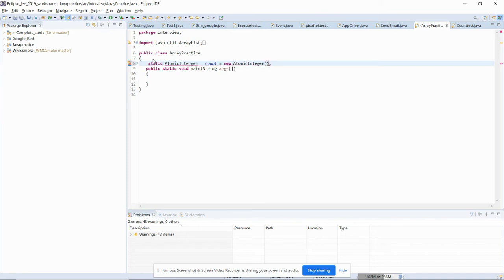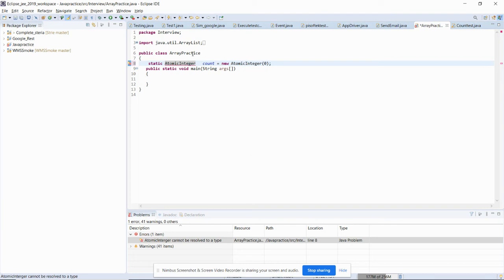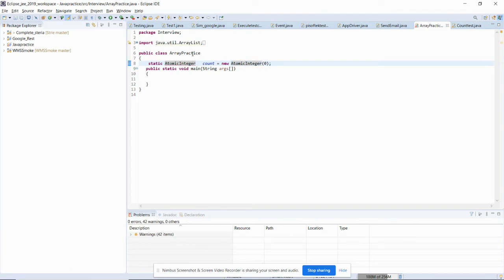Okay, and I will start from 0. Atomic integer, spelling mistake. Okay, so I have done with my atomic integer object creation. Now suppose that I have an array,